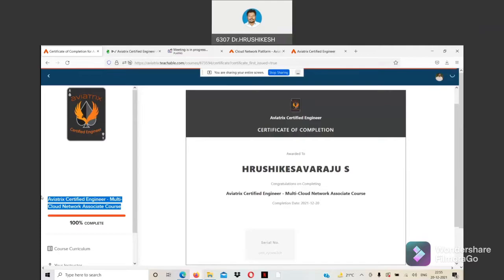If you type this in Google, it will show some links. If you click on aviatrix.com/as, there you can choose courses. There is a Teachable item, one of which is Aviatrix certified engineer for multi-cloud network associate. If you click on that, we are going to go